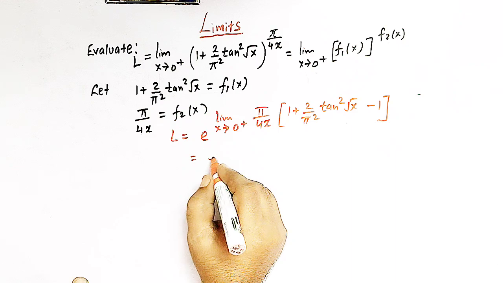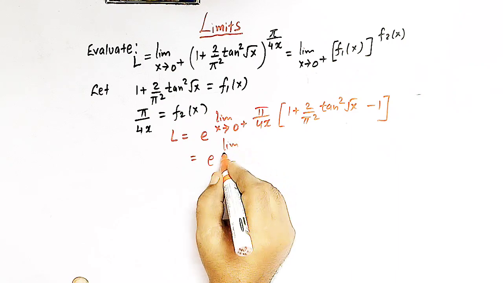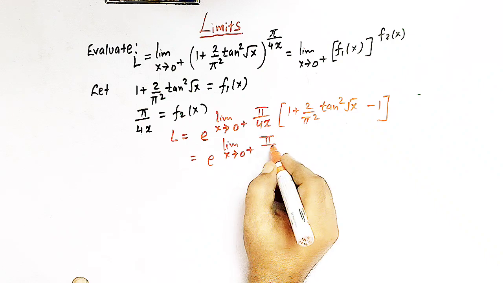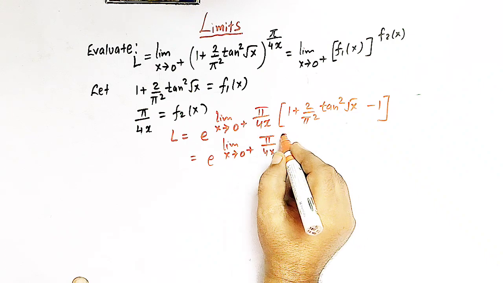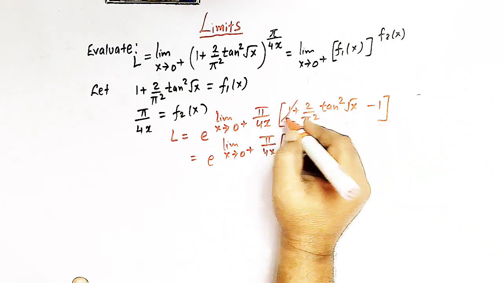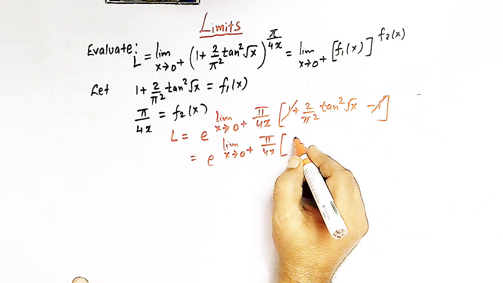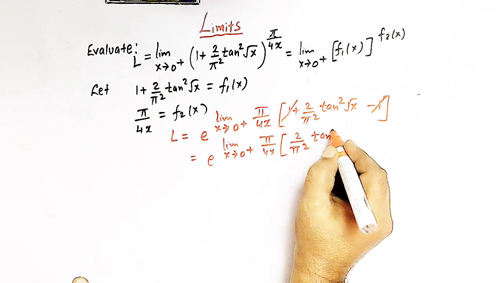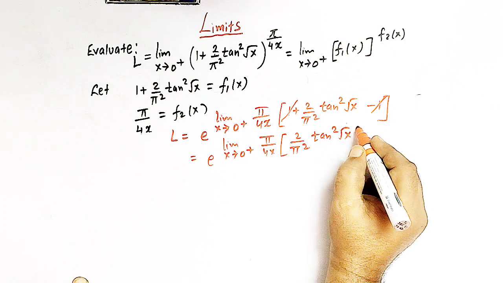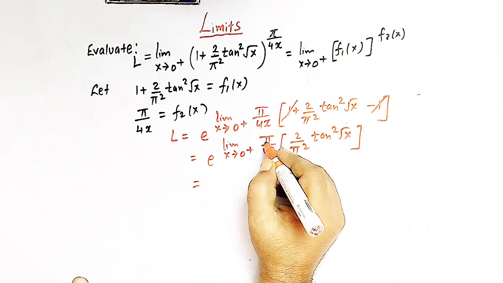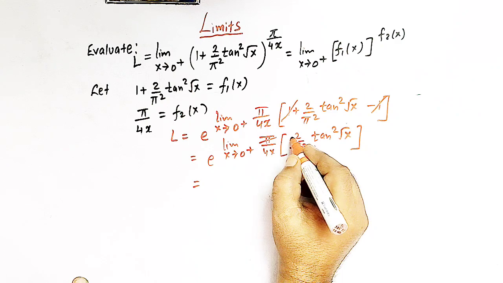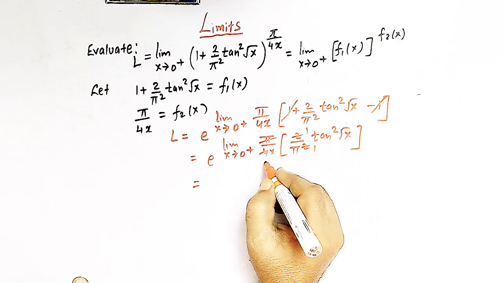So now we have e raised to the limit x tends to 0 positive, and here we have pi over 4x, and now we can cancel this one with this one, so we have 2 over pi square tan square root of x, right? Now this pi and this pi get cancelled, and here we have 1, here we have 2,